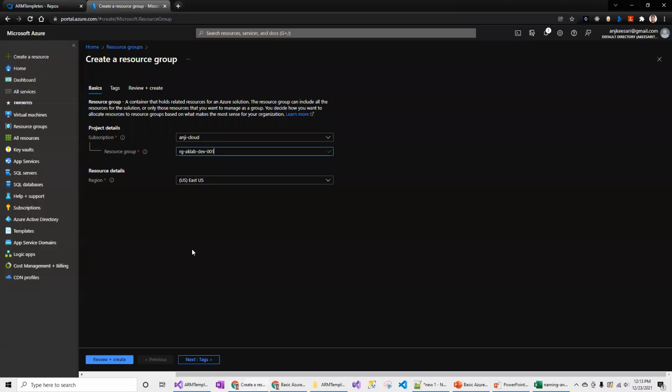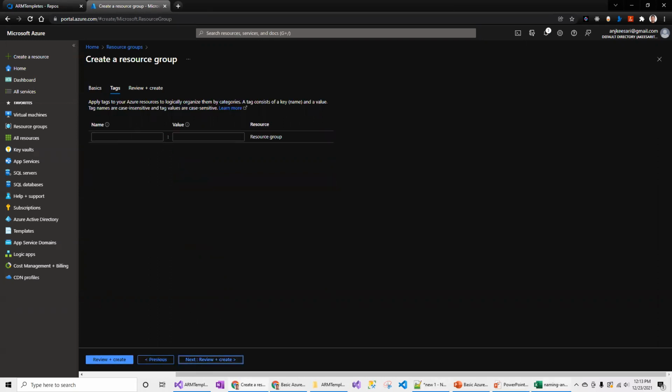So before you actually jump into the code, you have to have the proper technical detail document. So here, this is the naming convention I will be following for creating the development environment resource group. Now I'm going to create this in North Central US. That is what I decided to do. Now the next step is going to add the tags.